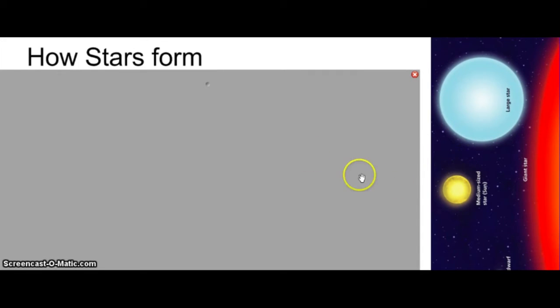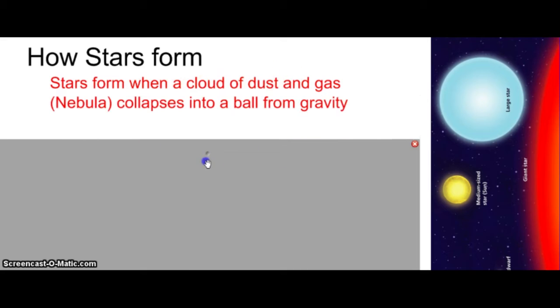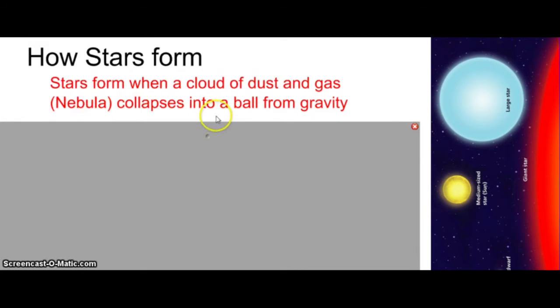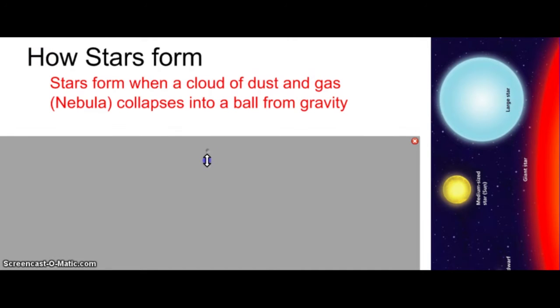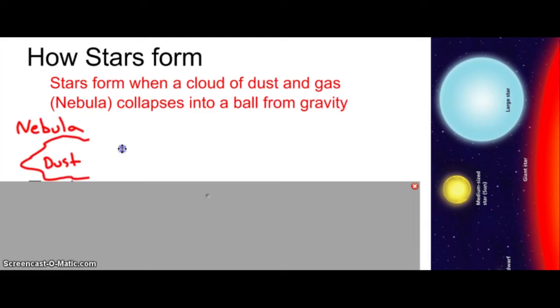Well, how do these stars form? Well, they form when a cloud of dust and gas, called a nebula, collapses into a ball of hydrogen, and that is caused by gravity. So that's basically what starts it. Here's a drawing. So we have a nebula, which is a big old cloud of dust and gas. That dust and gas starts maybe clumping up. Maybe there's a big clump of it, and as that clump